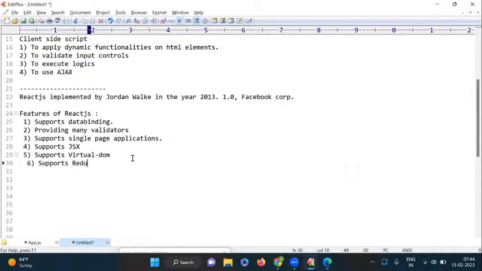Yes, Redux. Redux we are using to maintain the state of the application. For example, you want to access one page's information from another page. For that, we are using different techniques like cookies, sessions, local storage, session storage. Different types of techniques are available. In the same way, we can also use the Redux concept to access the data of one page from another page in the web